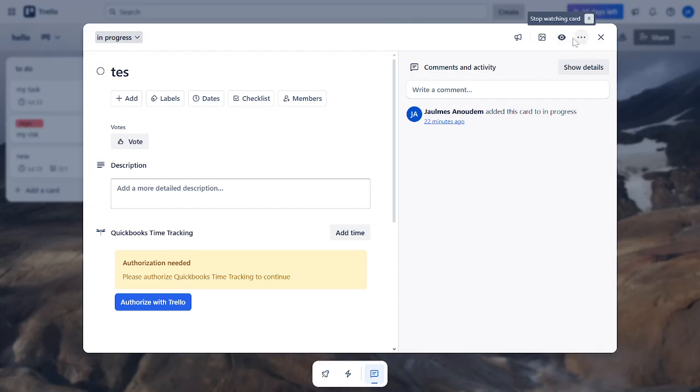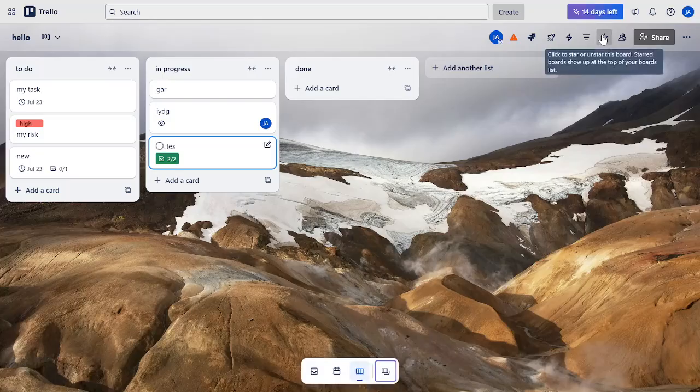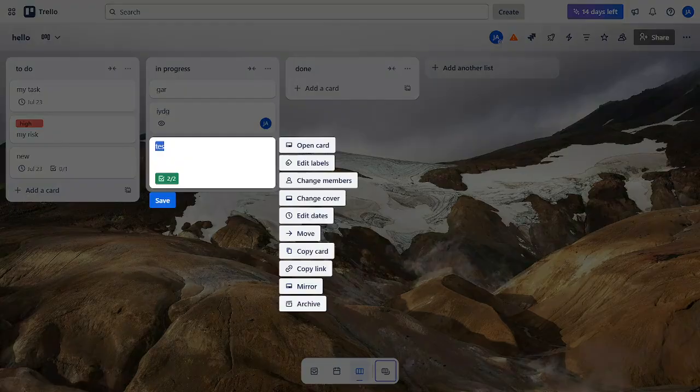The card will disappear from your board completely. But don't worry, it's not gone forever. You can always find it in the Hidden Items section. Let me explain why this matters. This feature is perfect if you have cards that are not currently relevant, but you still need to keep for future reference. Finally, to unhide a card, go to the Show menu option at the top right corner of your